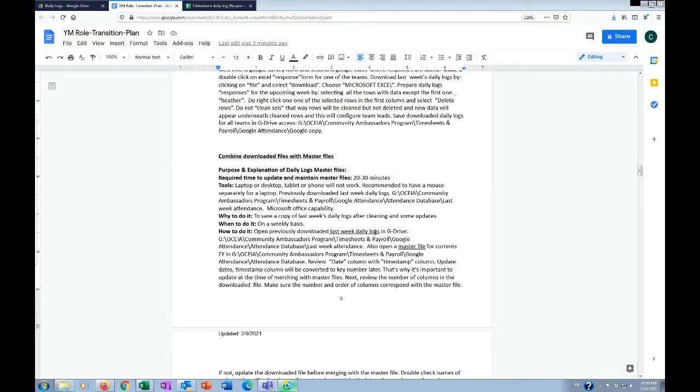Firstly, you will have to go to the G Drive and open last week's daily logs for all 5 teams, and I provided the link to the G Drive. Second, you will have to open the master file. The master file is one, so we will combine all 5 teams into one master file for the current fiscal year. After opening those 6 documents, at this point you will actually have to copy, paste, and clean up some of